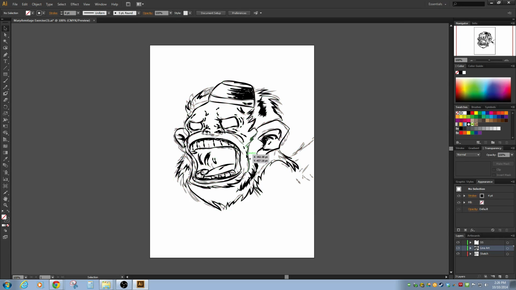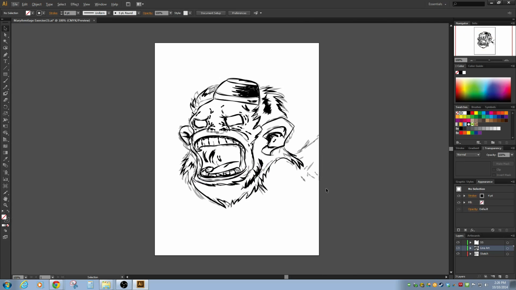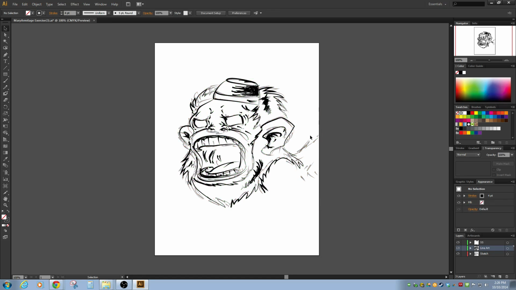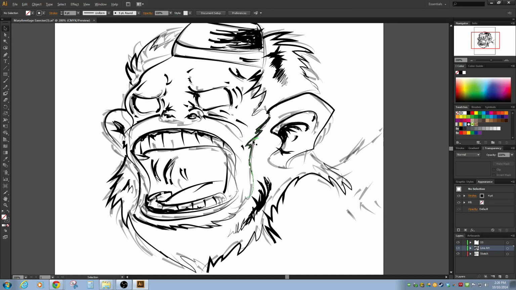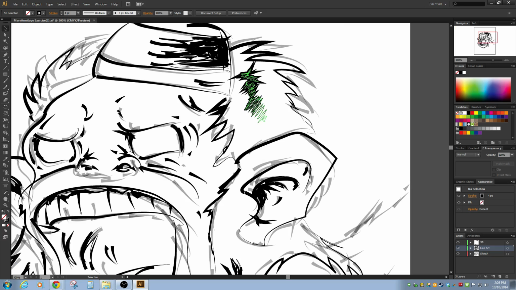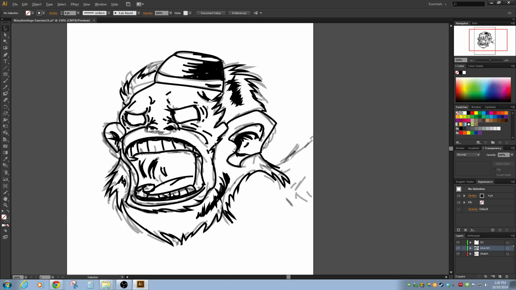Even if we use something like this, you know, we get some really interesting elements to that. Or even if we don't use that at all, what if we just use that? Just playing around with that a little bit, I think you're going to get some really interesting results. And like this area is looking really good, but this isn't looking as good. So just playing around with the different width profiles would really add a huge amount of